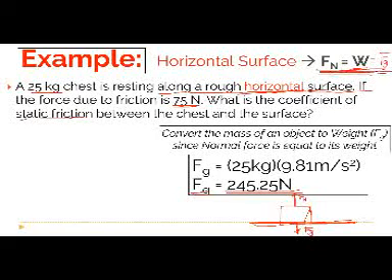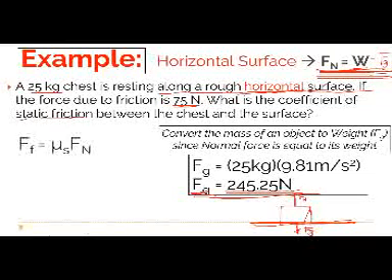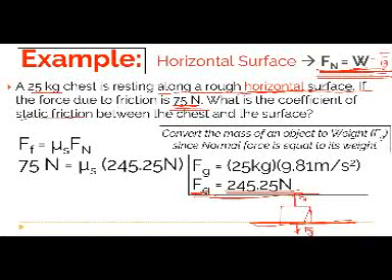So if normal force is equal to the force due to gravity, then we can use the value of our force due to gravity as the value of our normal force in our equation. F sub F is equal to mu sub S times F sub N. So our F sub F is equal to 75 Newtons, then mu sub S is unknown. The F sub N is equal to the F sub G, which is